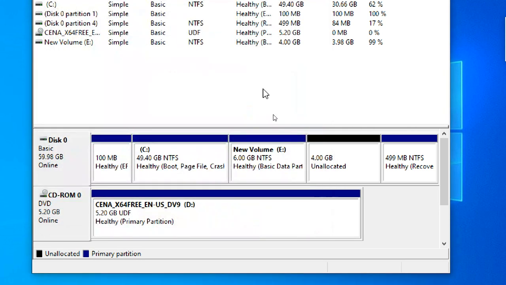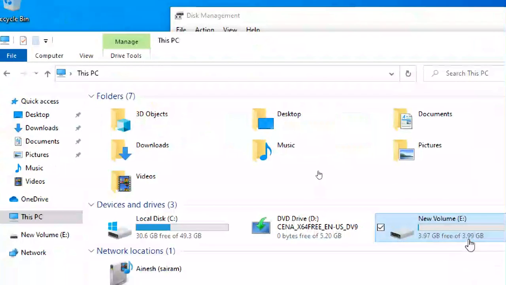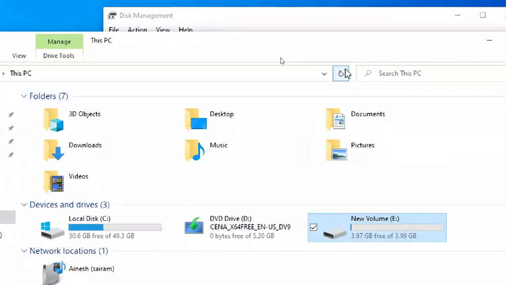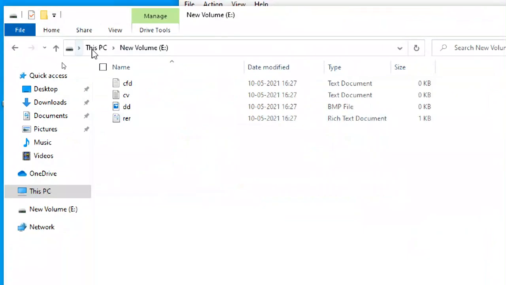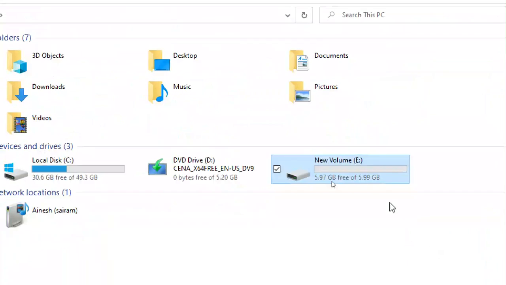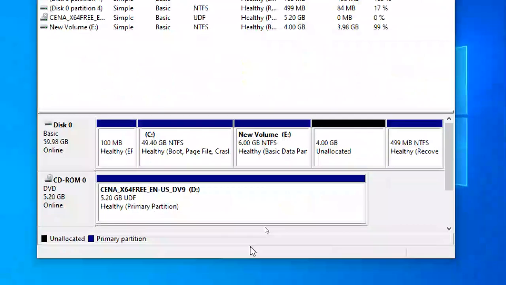Now what happened? The 4 GB became 6 GB. If you see the E drive, it shows 4 GB; refresh, and now the E drive has become 6 GB. The data is not gone, and the 4 GB has become 6 GB.